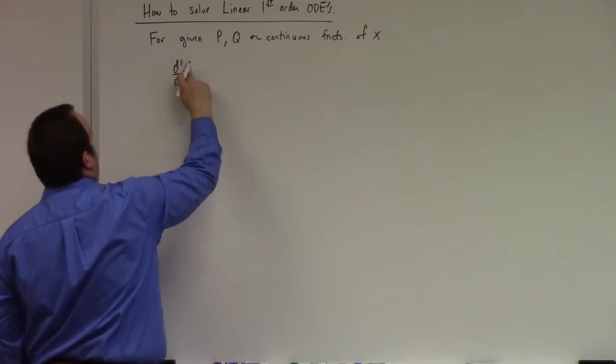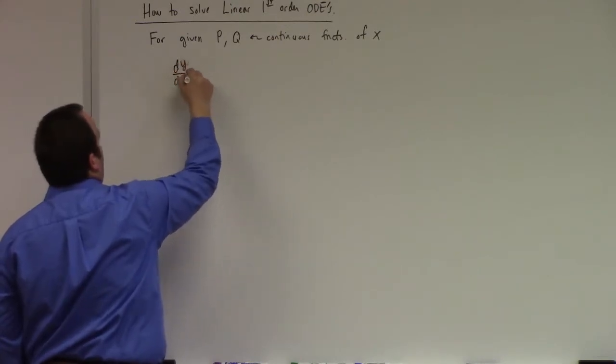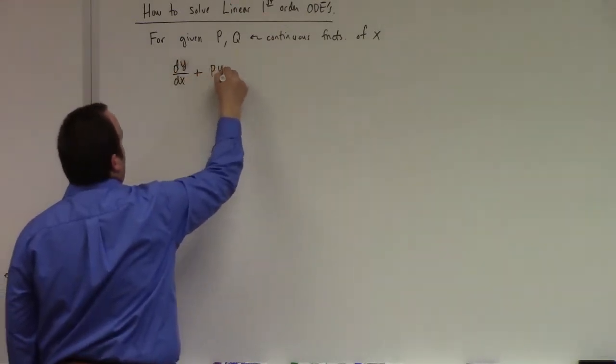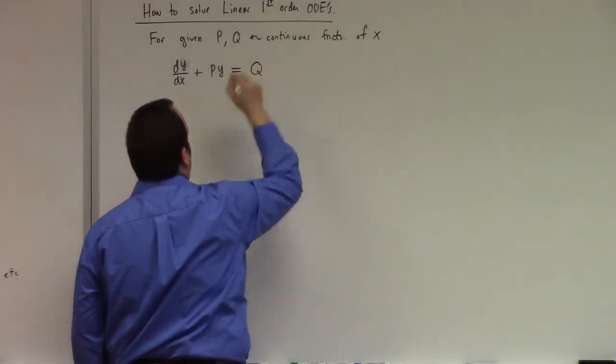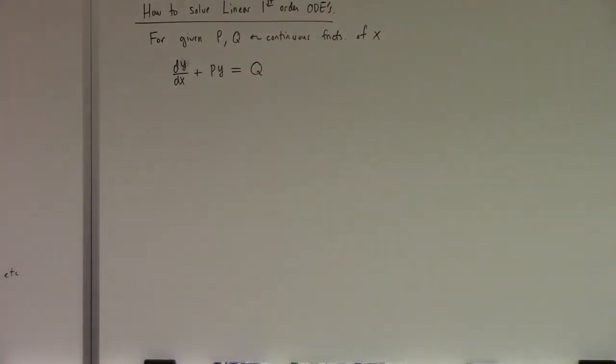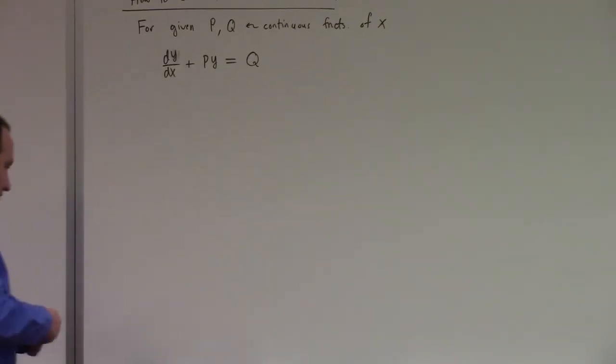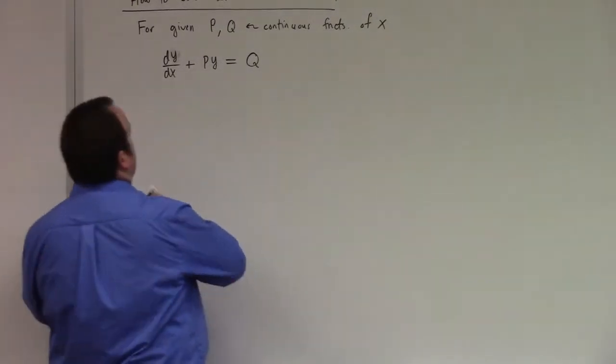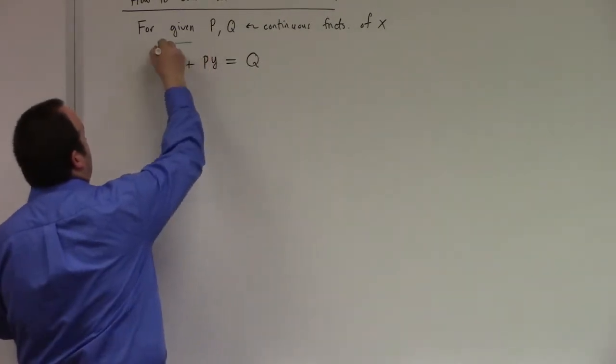We want to solve dy dx plus Py is equal to Q. So what I've just put here for you guys is a so-called linear differential equation in its so-called standard form,